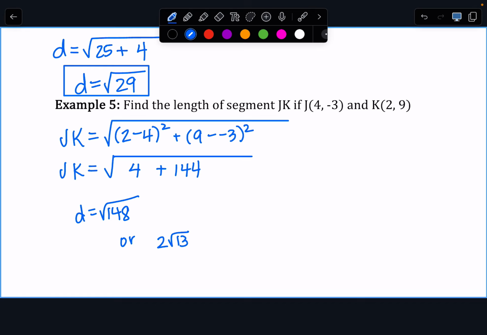I also like if you have a calculator and you put in the square root of 148, we could also write this is approximately 12.2, okay? But I'm really okay with you just staying here, okay? All right, so